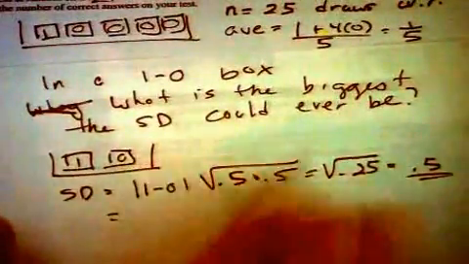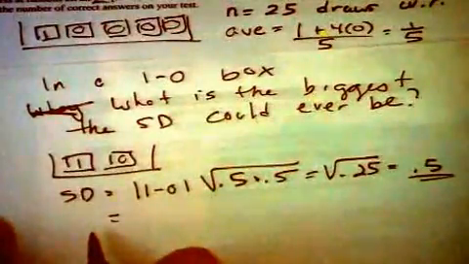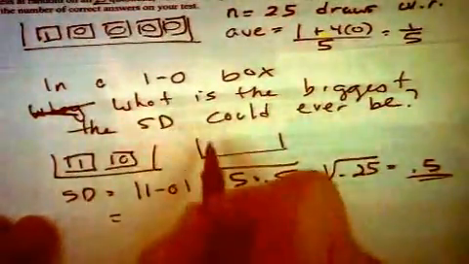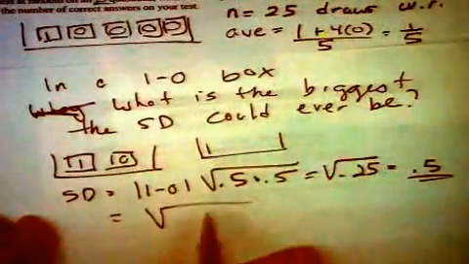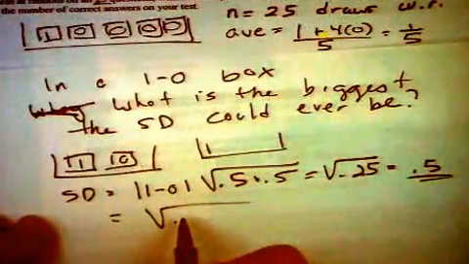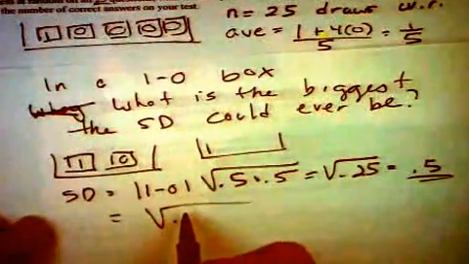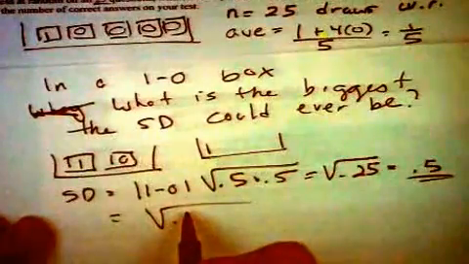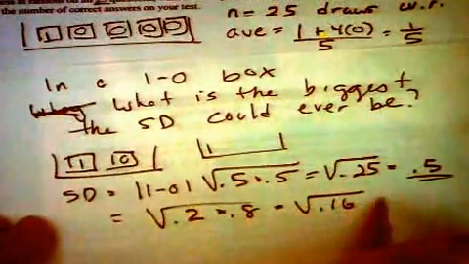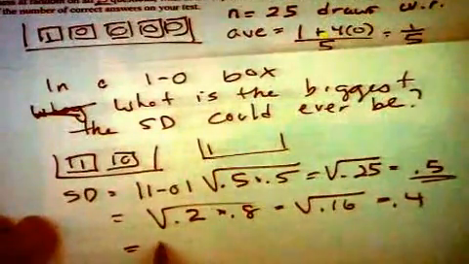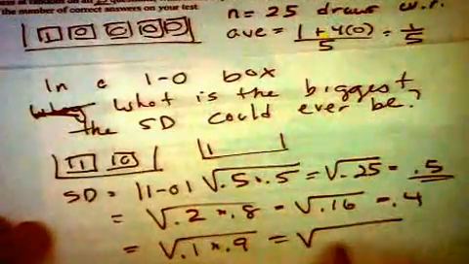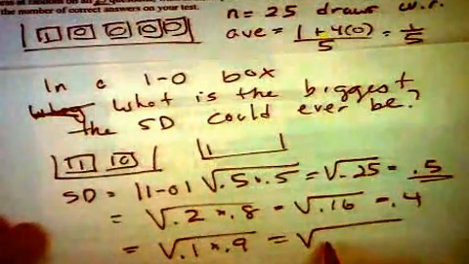What if we did, let's just do ones we know. So let's say we have a box that has the one we just did. We don't have to write it down. What did we just do? 0.2 times 0.8. And we said that's the square root of this, and that's 0.4. Let's do another one. How about 0.1 times 0.9, 90%? What do you think that's going to be? What's the square root of 9?